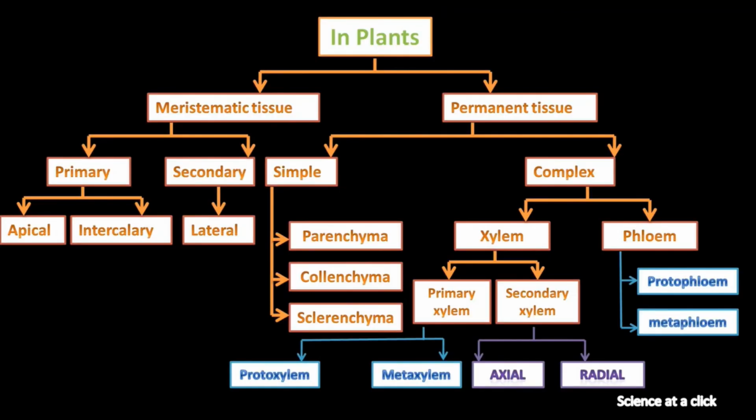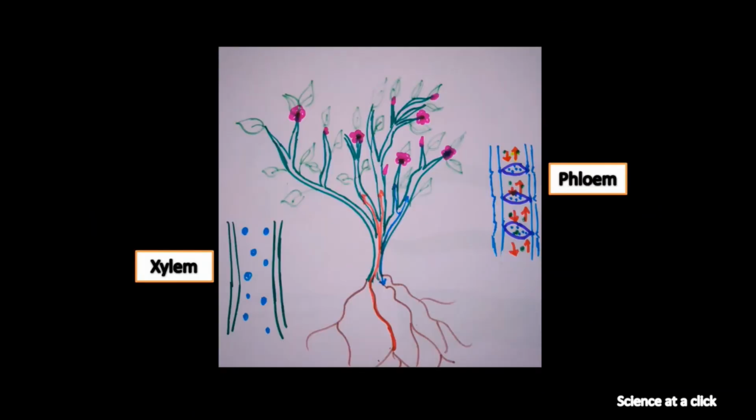So this was all about the basics of the plant tissues. So we just have to remember that the composition and the types are different. Composition is what the cell is made up of, and types is what different types it can be divided into. Okay, so this chart will help you all to remember the types of tissues. So I'll give you a basic idea of how the tissues work.